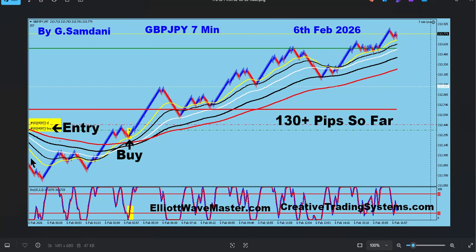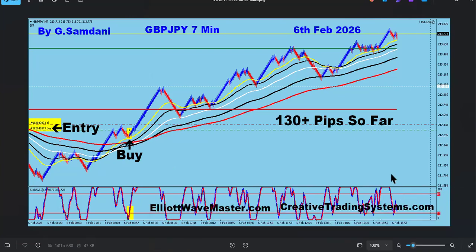And all I have to do is place my expert advisor CTS 7 on the 7-minute chart so that as soon as the entry comes, it will open the trade. Or most of the time, it's already there, right? But I just get the notification that yes, the trade is about to happen, and it happens. All right. So this is it for now